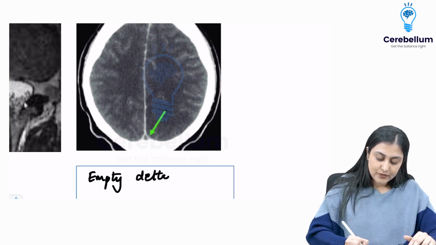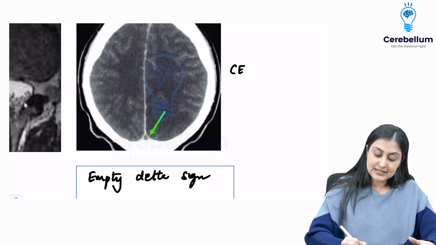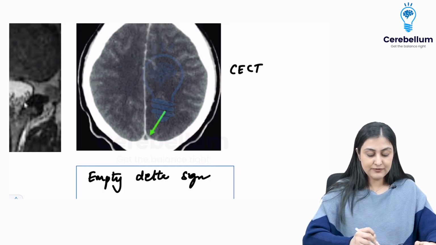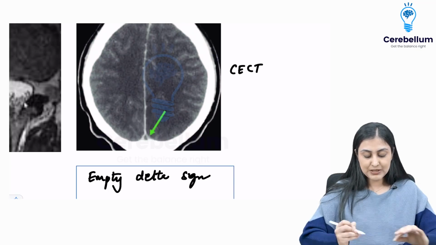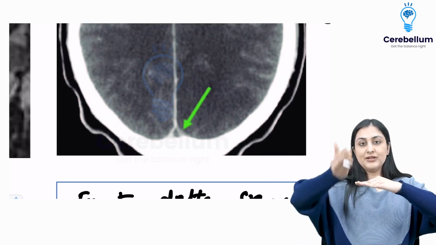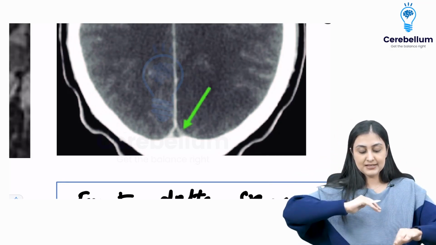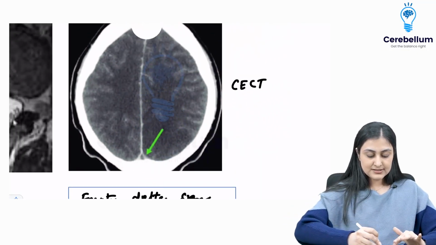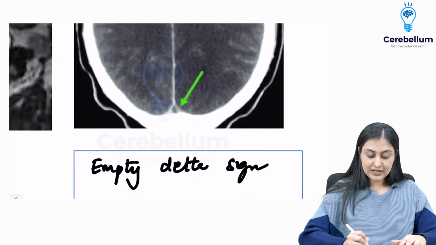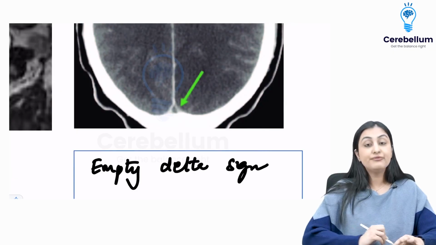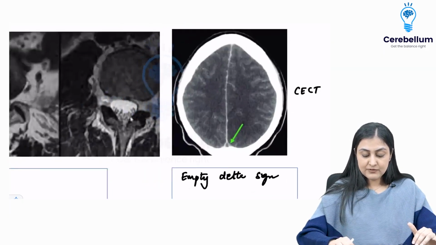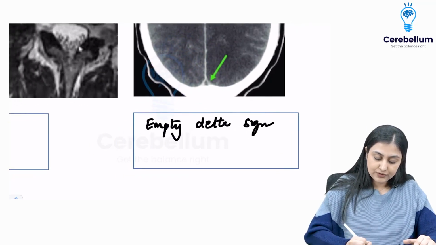So when we do a CECT, a contrast enhanced CT, the vessels are going to appear white. You can see how all of the vessels of the brain are appearing white, but then you can see how here, which is the superior sagittal sinus, when you take a cut through the superior sagittal sinus in cross section, you will see that there are two triangles, anteriorly and posteriorly. In this case, you can see how this posterior triangle has this black defect, which is a filling defect, isn't it? So this is what is called an empty delta sign, which represents a thrombosis of the superior